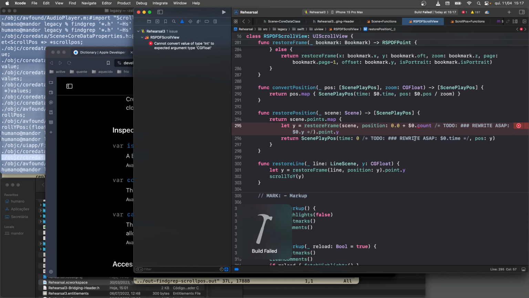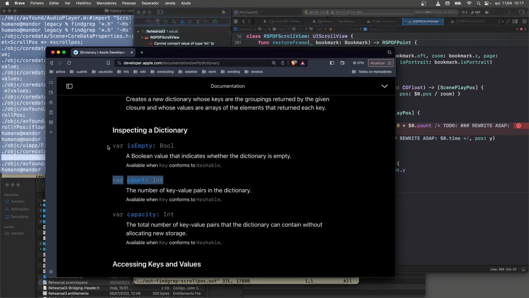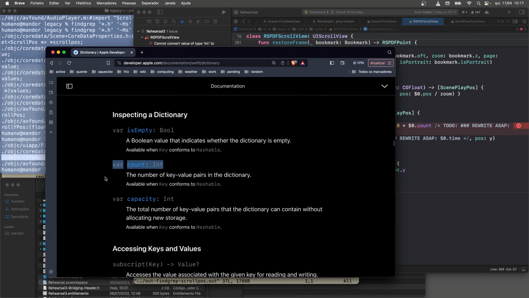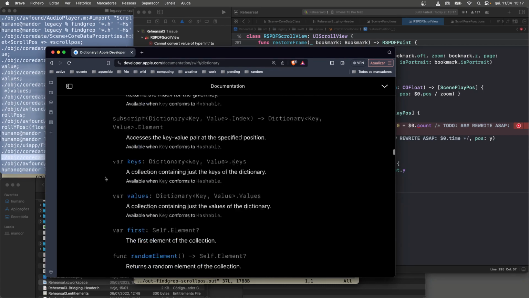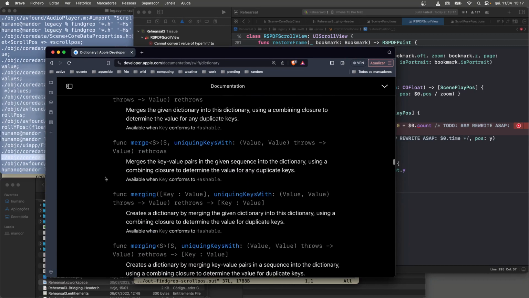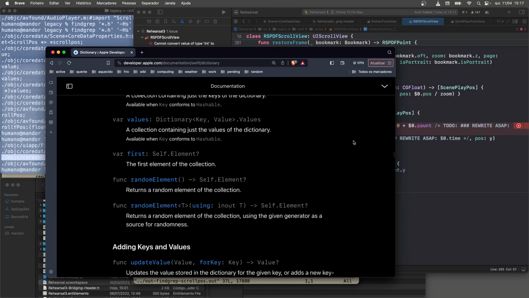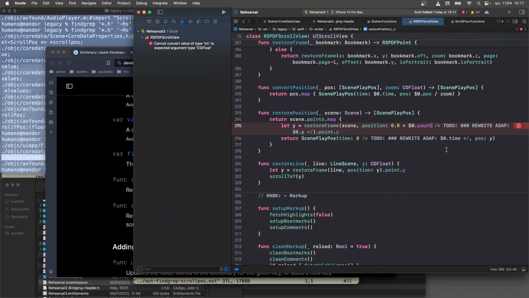Oh, God. This is not helping me. What else is empty? Can I put a ternary in there? Capacities and int, keys, values. How about I do this? How about I say,